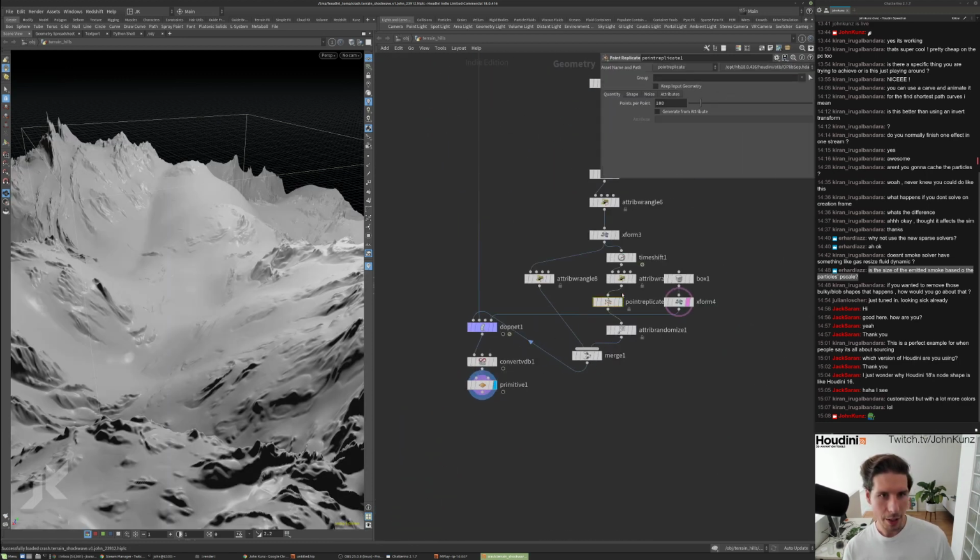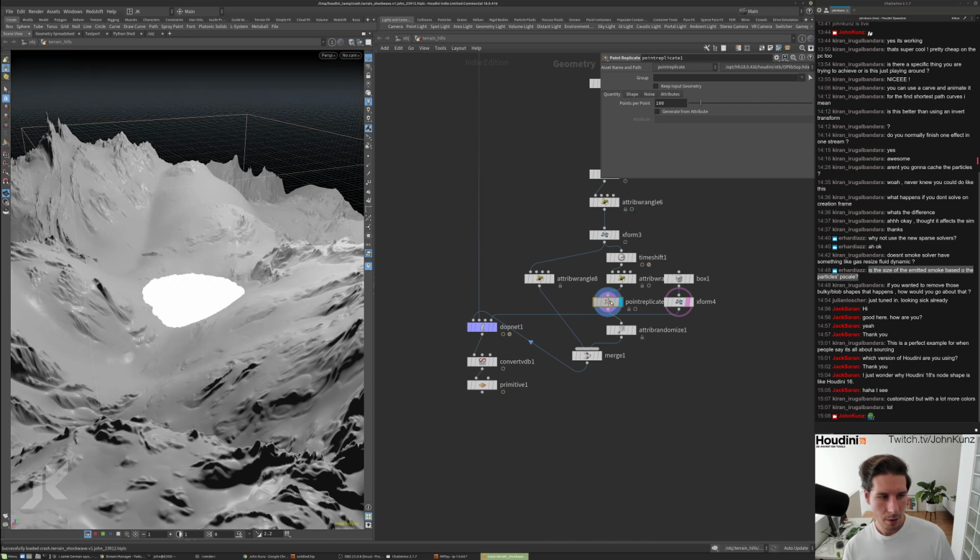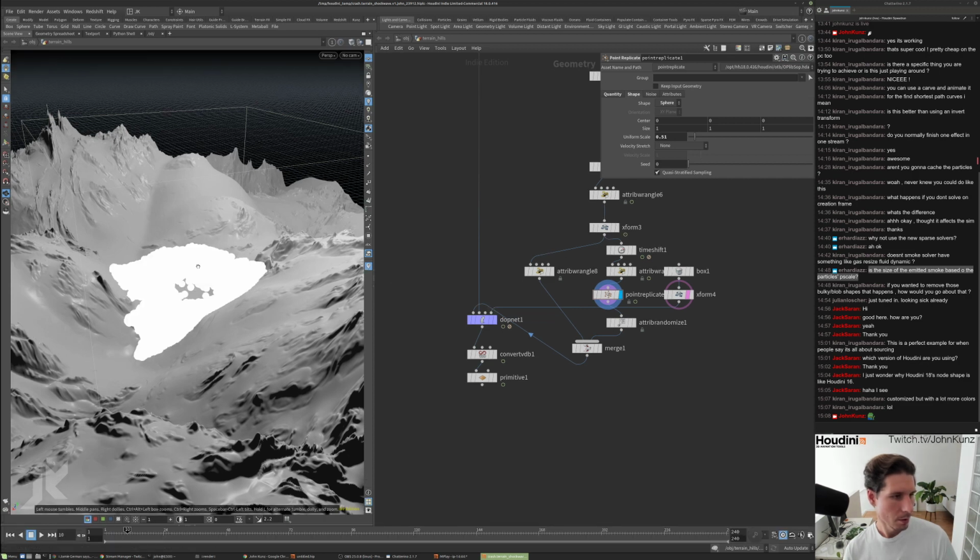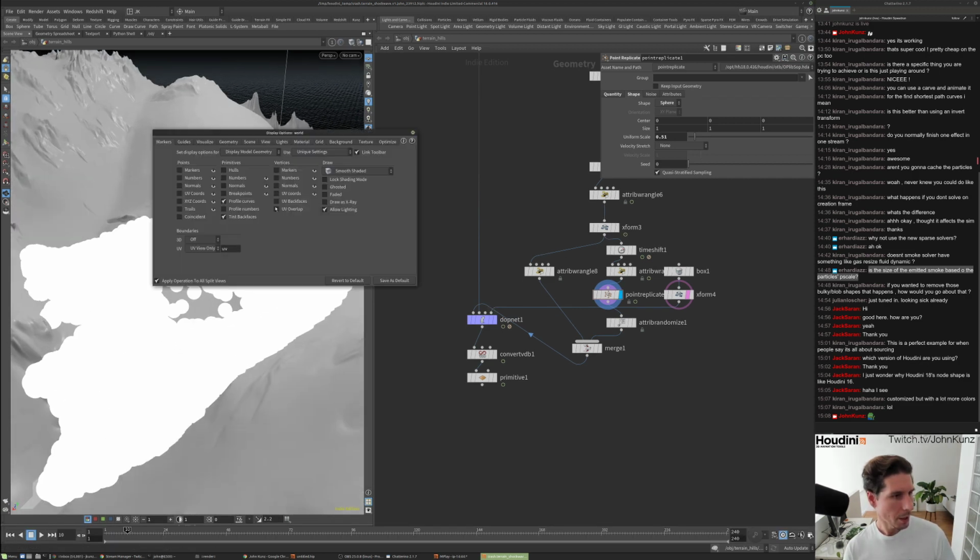So with this point replicate, what I'm trying to do is make more points basically. So it will create 10 points from the original one. Maybe I just want to start with 4. And then I can do, this is like, let me,